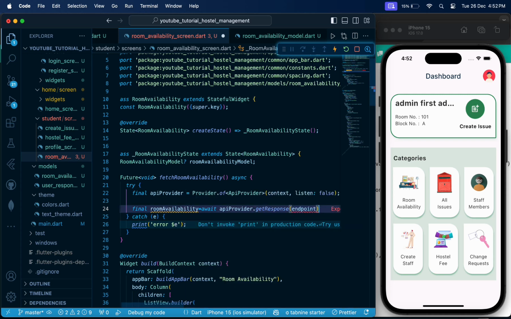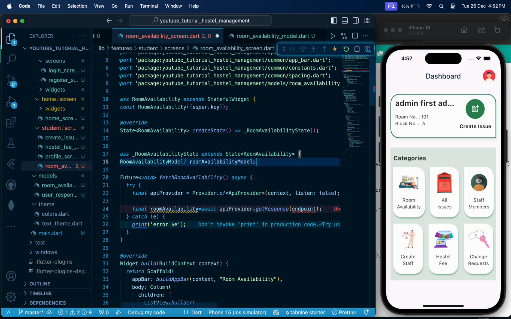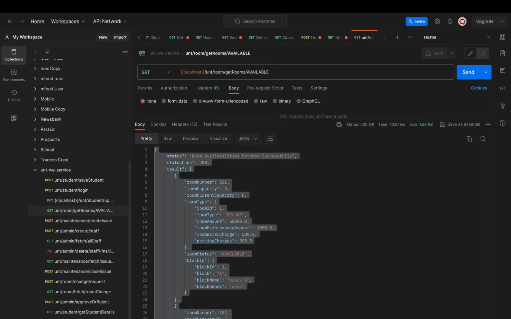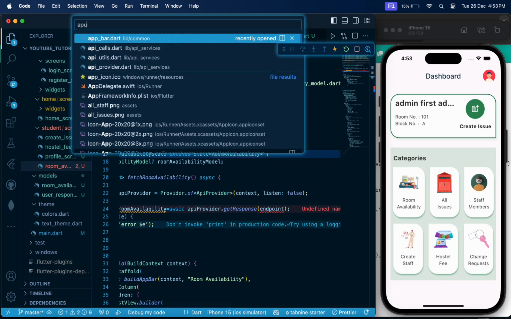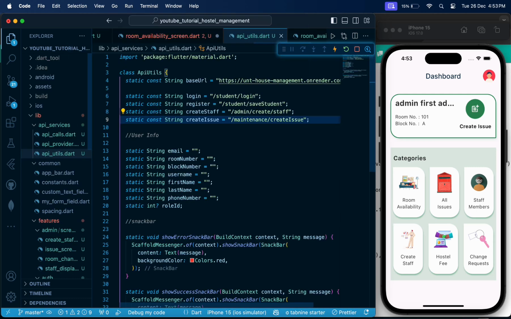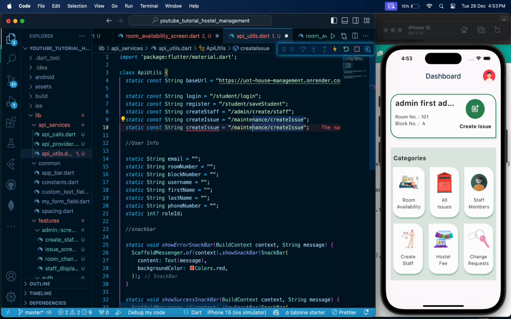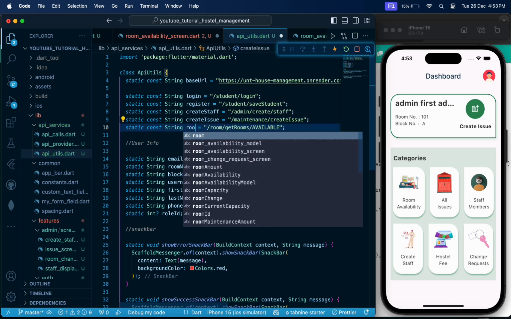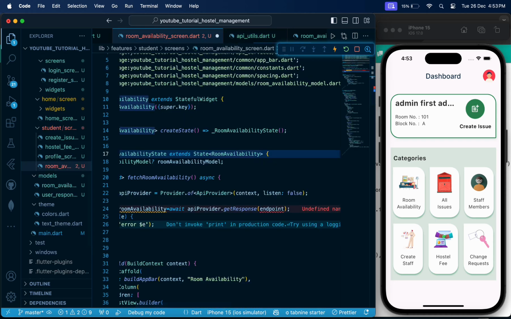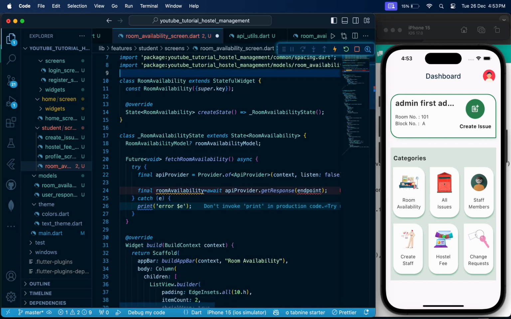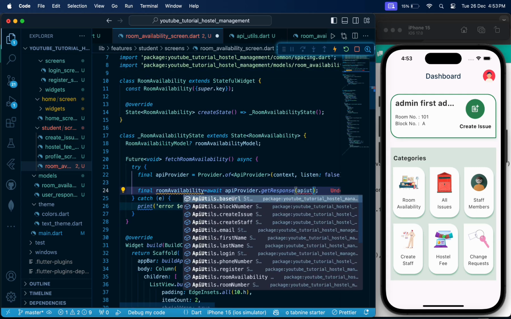So what we require, okay, so copy the endpoint from the Postman. Go to Postman. We will copy this endpoint room get rooms available and paste this endpoint in the API utils file. Okay. Name will be room availability. Here it will be API utils